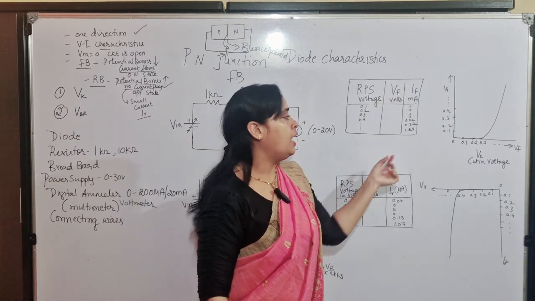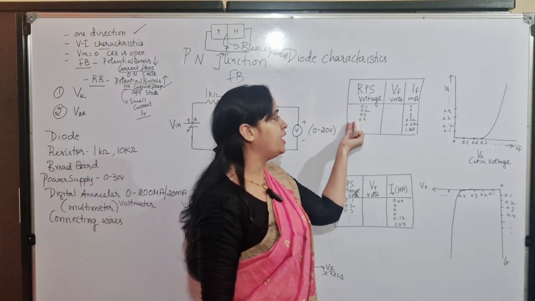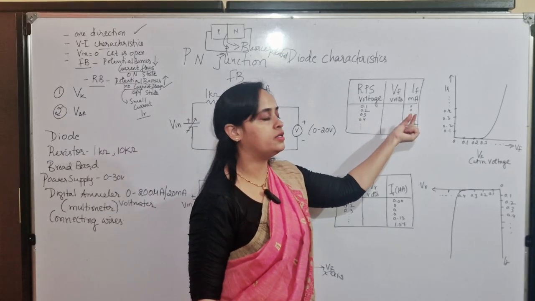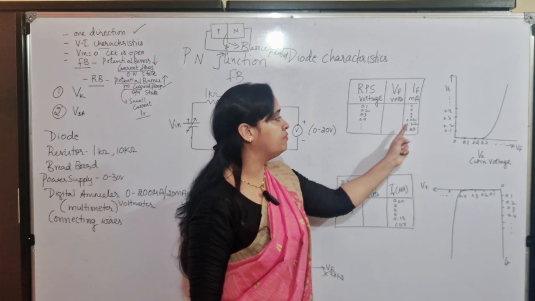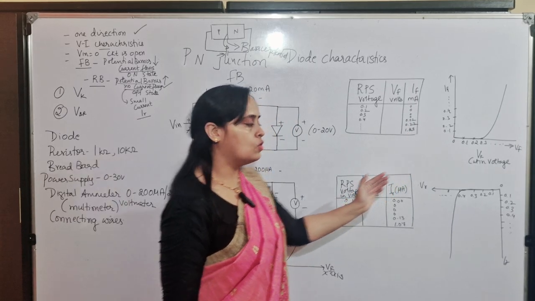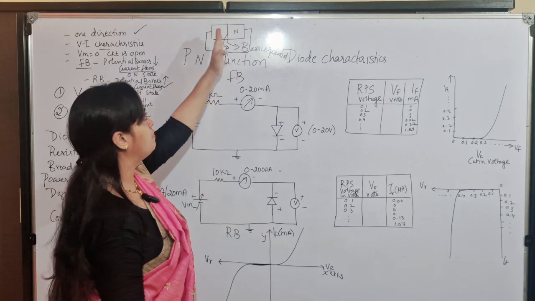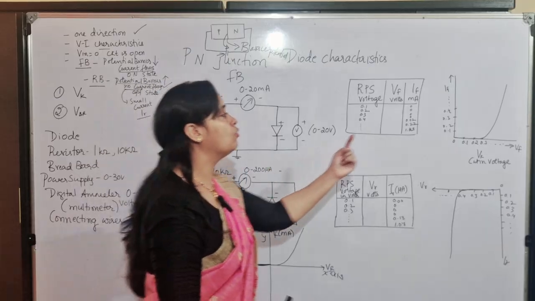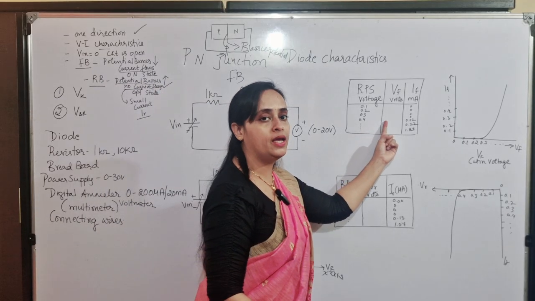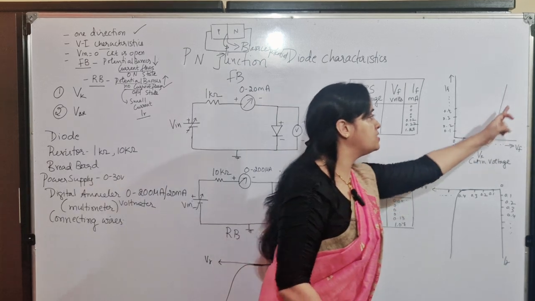IF. Since it is a forward bias, whatever the voltage and current we are going to obtain is forward voltage, forward current. And if you need to have some observation on the readings, initially there will be no changes in the current, that is current will be 0, but after certain point there will be increase in the current. So go back to the theory. Initially when we are increasing the applied voltage, barrier potential will start reducing, but at one particular voltage there will be reduction in barrier potential such a way that current starts increasing.